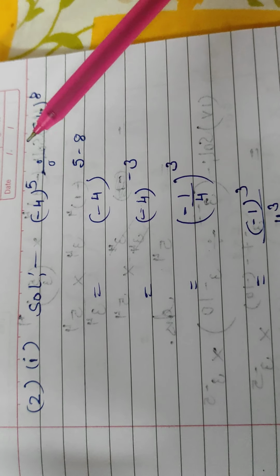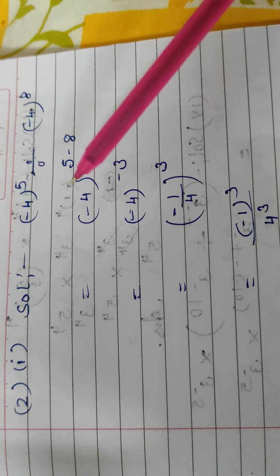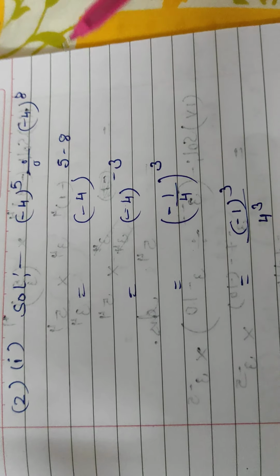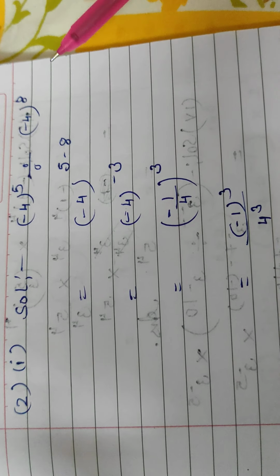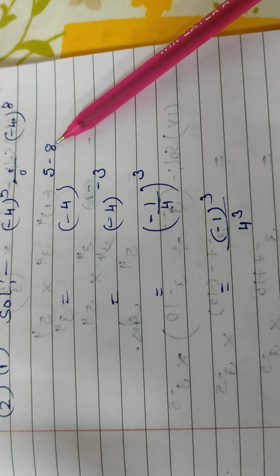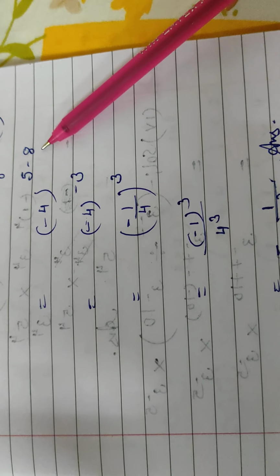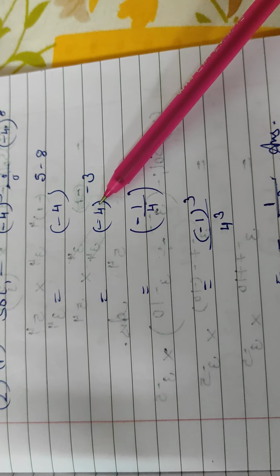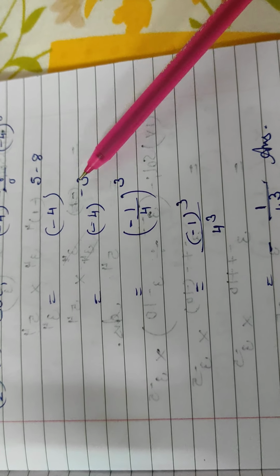Minus 4 to the power 5 divided by minus 4 to the power 8. Division sign is there, bases are same. So minus 4 to the power 5 minus 8. Here you will write the formula. I have not written, but you will write a to the power m divided by a to the power n is equal to a to the power m minus n. Now see negative number. This number is greater and before it negative sign, so we will put negative sign, and we know the difference between 5 and 8 is 3. So reciprocal of minus 4 will be minus 1 upon 4 because we want this exponent with positive sign.